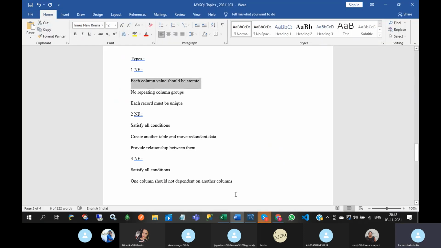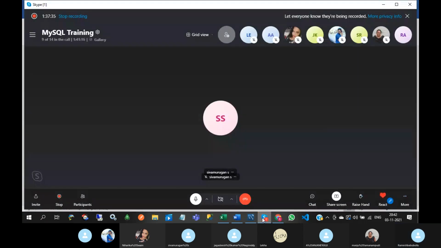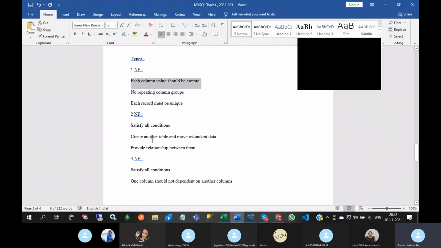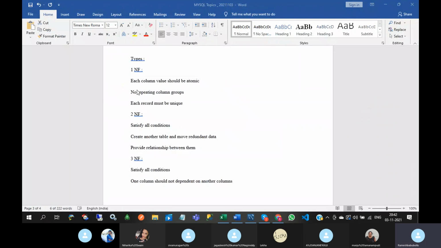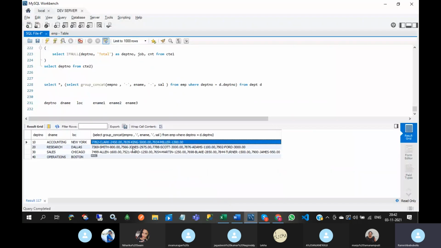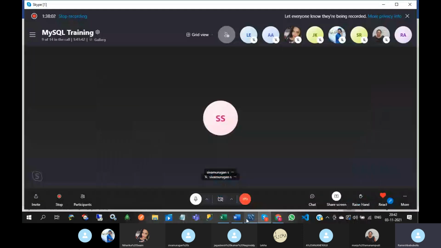Second point: no repeating column groups. Here employee name is repeating many times, and here also employee name is repeating many times in column values. This is not good practice.